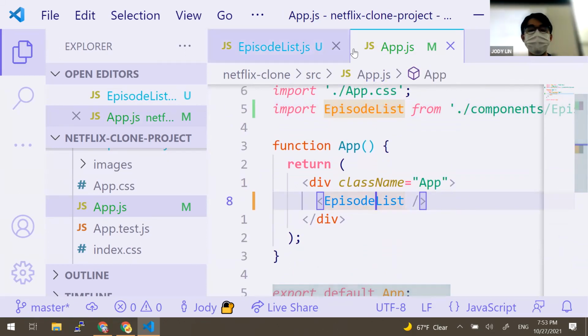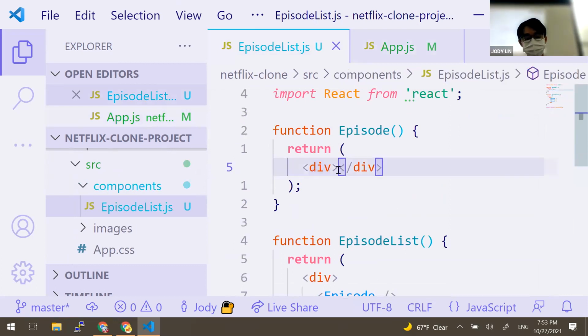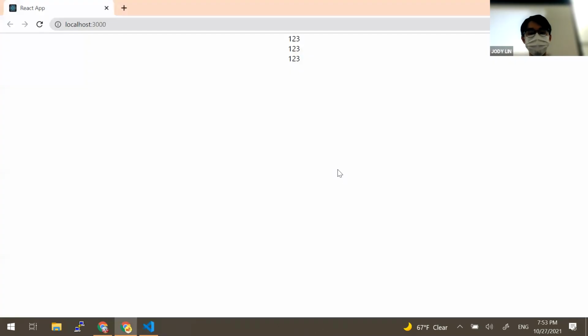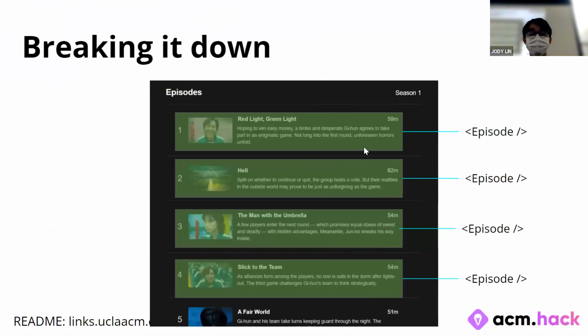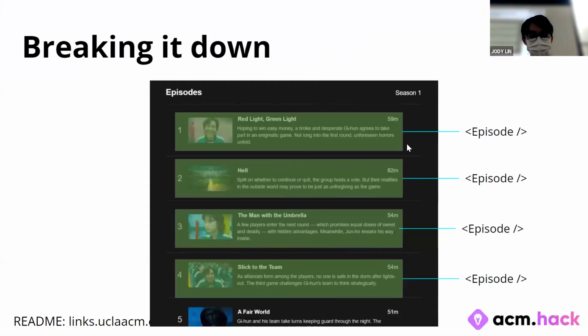So just to prove to you that we actually did it, if I type here 1, 2, 3, and I save it, and I go back, this has 1, 2, and 3 down one by one. Okay, so 1, 2, 3 is far-fetched from this thing here. So that's going to be our next step. Okay, but for now,